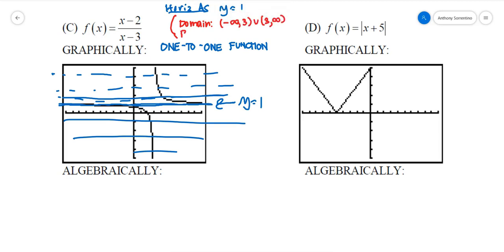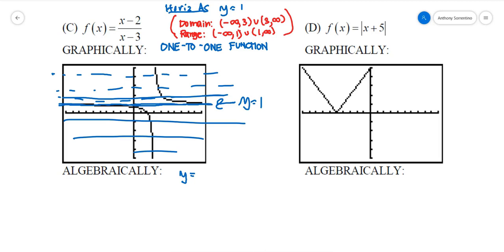And as we just discussed, the range, based on the graph I see and me knowing about the horizontal asymptote, is anything but 1. We're keeping this idea in the back of our mind. As I said, you don't necessarily have to do this. So if I wanted to find the inverse of this function algebraically and see if it was a function,